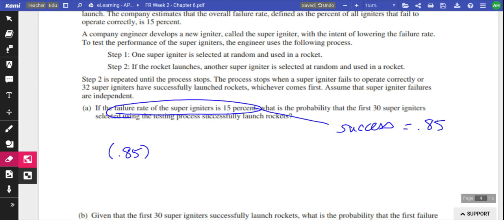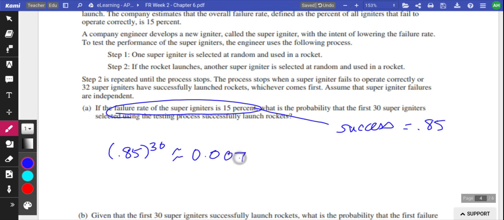All right, so we're doing the first 30. So that's all you really need to do. Go ahead and plug that in, and then that's going to be approximately 0.0076. So then again, you would just say probability of no